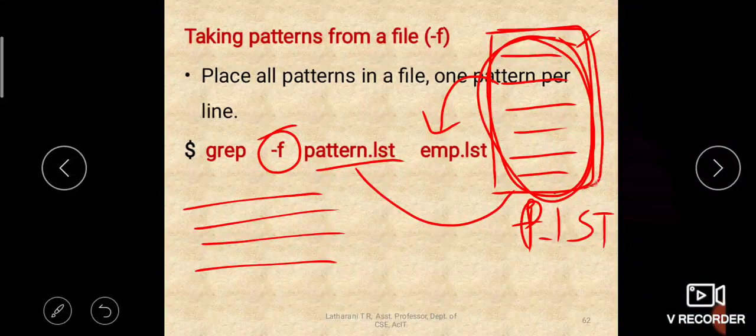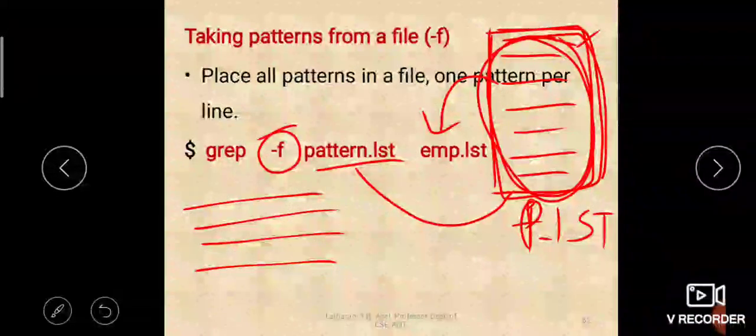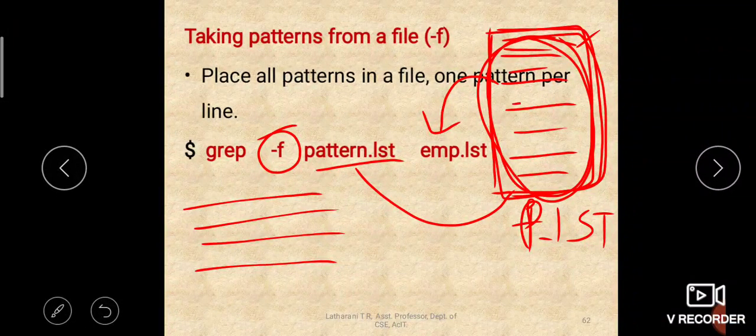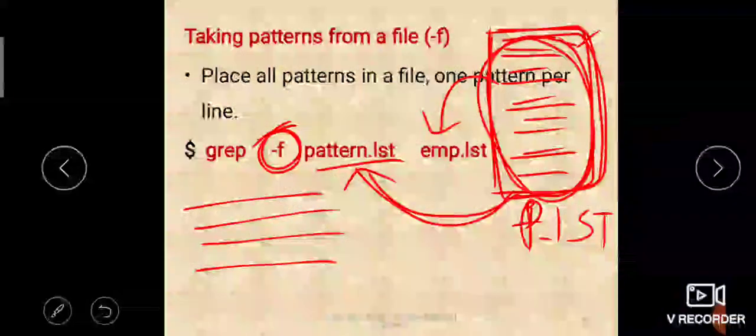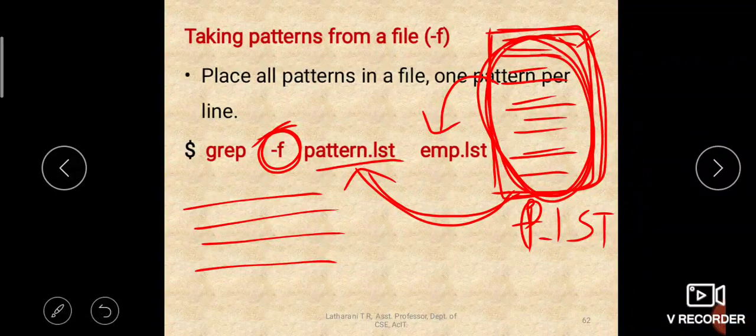Understood? We'll create a file called pattern.lst. It is not mandatory. You can give any file name. Here for understanding we have given pattern.lst. So this pattern.lst will contain all the patterns which you want to search, and then that itself is given as an argument to grep with the -f option, and all these patterns are searched in a file called emp.list, and wherever it finds these patterns in emp.list, all those lines will be displayed as output.